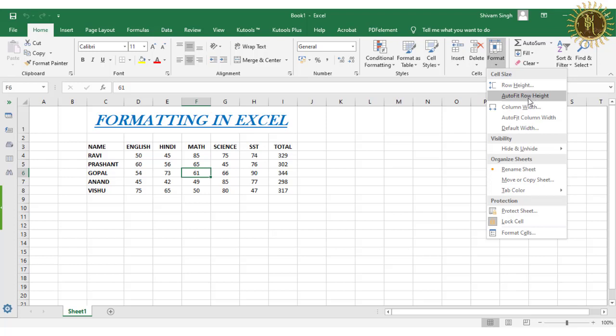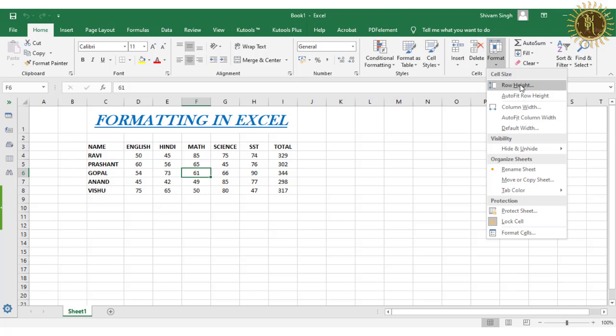In auto fit row height, Excel will automatically adjust the row height as per the content written in that cell. And in row height, we will give the number for that height.